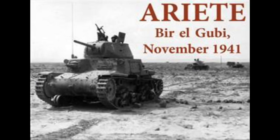Ariete, the Battle of Bir el Gubi in Libya. Ariete is a tactical combat series game covering the Italian Ariete Division defense of Bir el Gubi in Libya on November 19, 1941. What comes in this box is the Tactical Combat Series version 4.01 rulebook, the Ariete game-specific rulebook, 12 scenarios, and